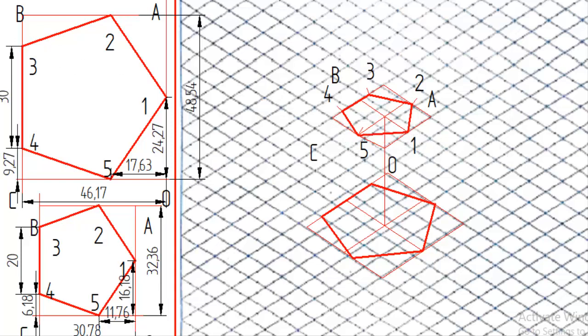So once it is finished, now we will join the side edges which are visible, like 4 to 4 from top face to bottom face, then here 5 to 5, and then here 1 to 1, and then here 2 to 2.